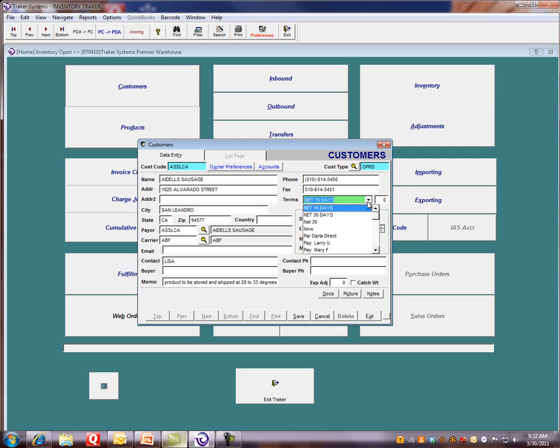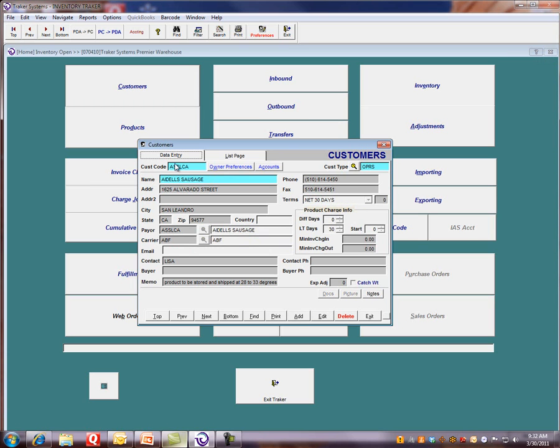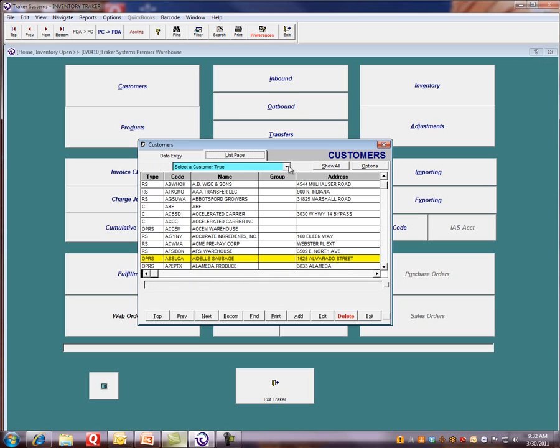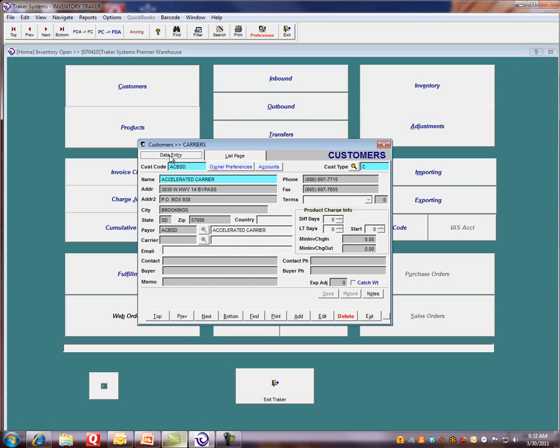Phone, fax, terms, you can pull from an existing list wherever you have these drop-downs, or begin to type and it will autofill and add those directly to the list. The overall look is similar as we go through. We have a data entry page. Button's pretty self-explanatory. Behind that we have a list page. It's kind of what you see is what you get. If you want to look at all your carriers, go to Accelerated Data Entry,